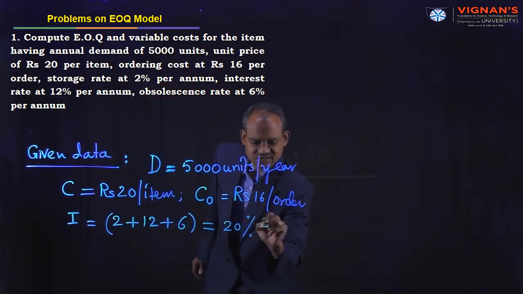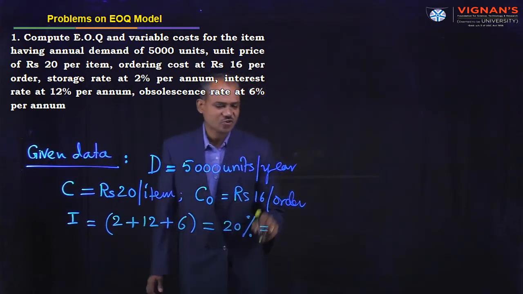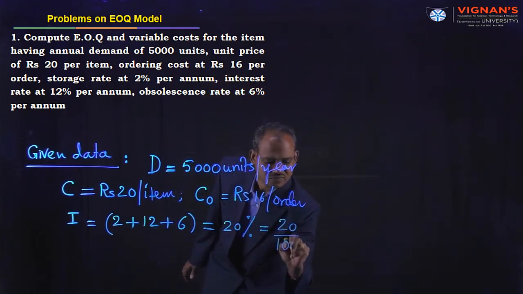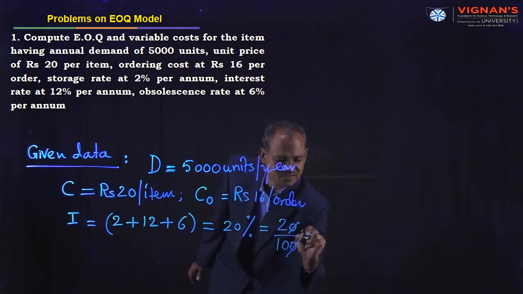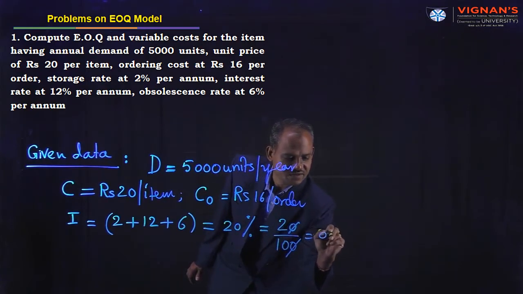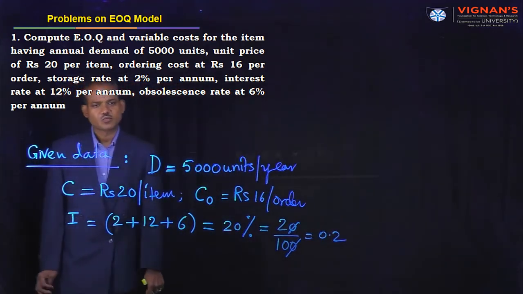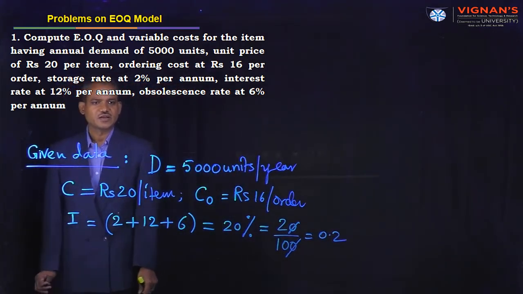So 20% means how much? 20 divided by 100. 0, 0 cancel. 2 by 10 means 0.2. I value is given as 0.2. Okay. Next,